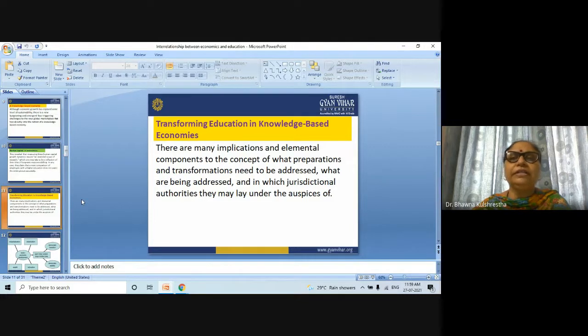Rather than take too broad an approach, it is to approach a possible position higher education might take in terms of the knowledge based economy